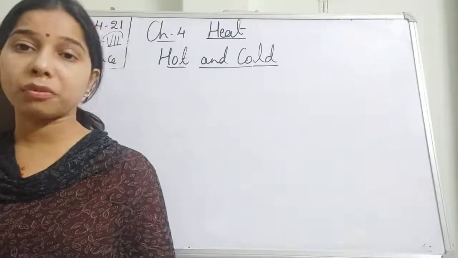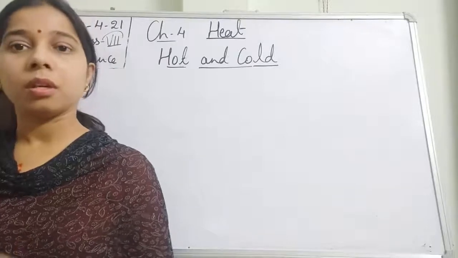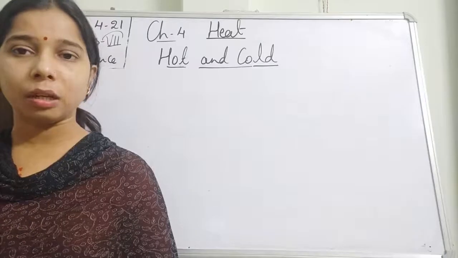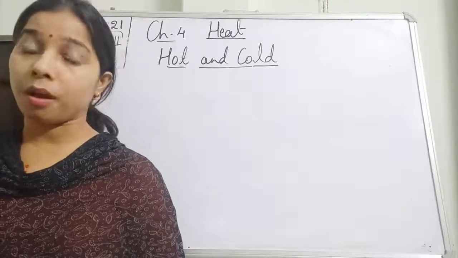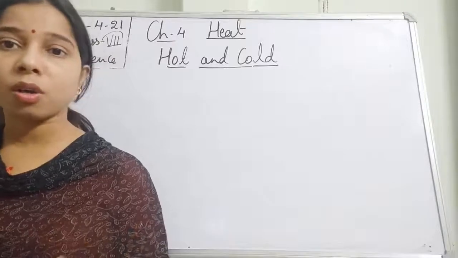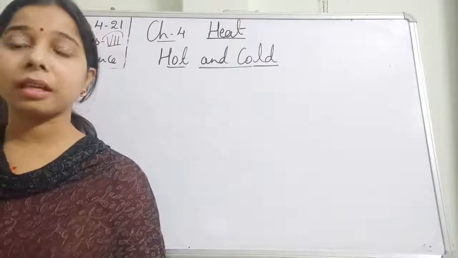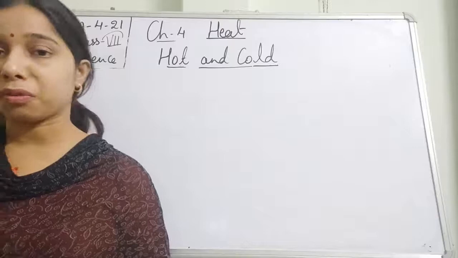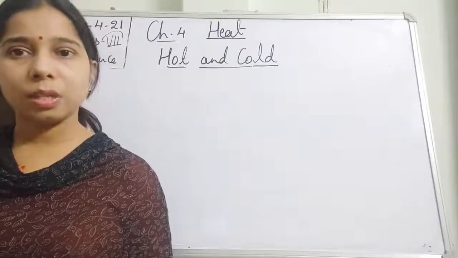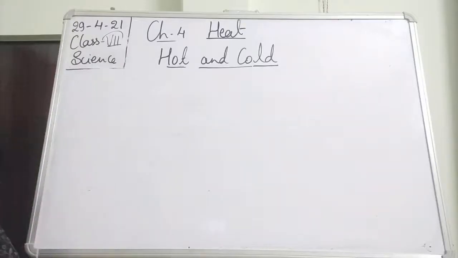In our daily life, we come across a lot of objects. When we touch them, we find that they are hot or cold. If we touch an ice cream, the temperature is very low, so it is quite cold. But if you are touching a warm tea or hot coffee, you will feel that because of the high temperature, it is a hot object. So by touching it, we can say that an object is hot or cool.